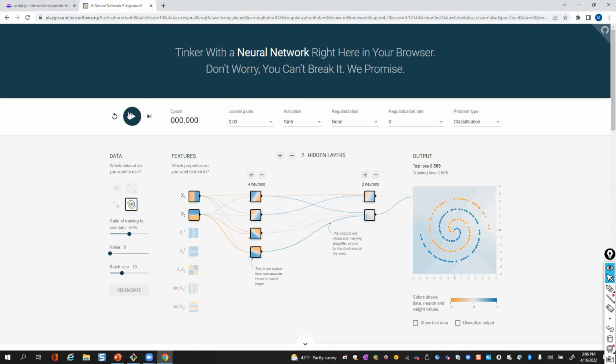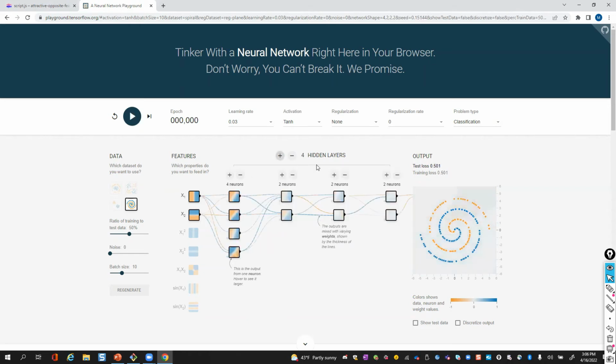Here's one that's a little bit more complicated. When I try to run this against this image and try to segment it, I actually have to work a little more, and it's not quite doing it. See? It's not actually segmenting it well. So I'm going to add some hidden layers and see if I can get a little bit better results. I added 2 hidden layers. I can add some more neurons if I need to, for example, and I'll run it. And you can see now that it's trying a little harder to segment it.